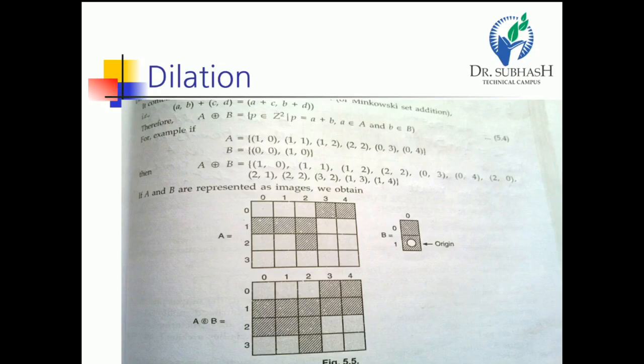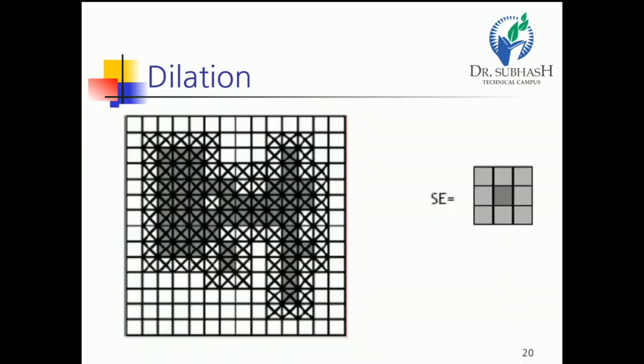We are considering this example, and sometimes in actual examinations this example is also asked. So we are counting the different values of A and B. A is considered as 6 elements and B is considered as 2 elements. Now we can find the dilation of A and the dilation of B. So we are getting 8 elements, and this is the structuring element for this given image. For the representation of dilation using this image, we use the number of smaller sectors and find the structuring element for the dilation.